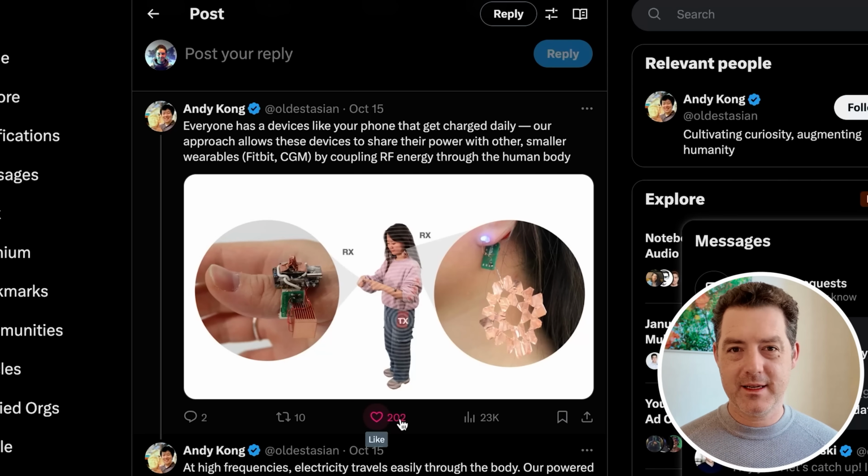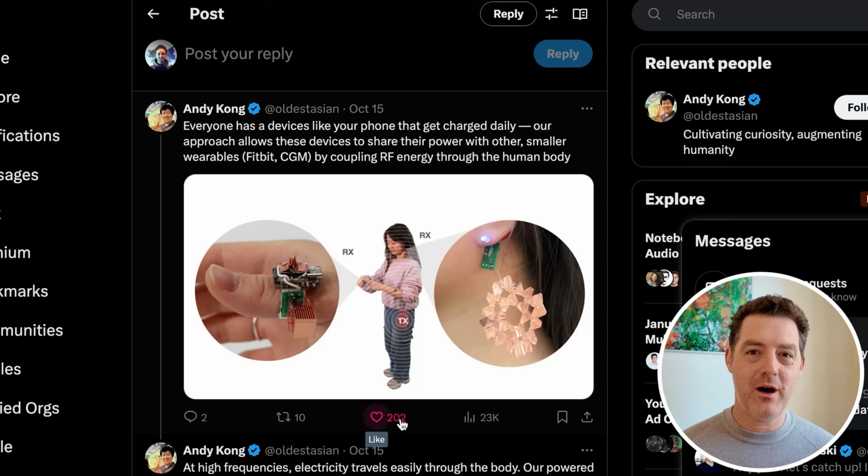So basically it's kind of like a battery or an energy source for a device that you can attach to your skin in some way, whether it's a ring, an earring, or something like that, that has enough energy that can power small, very efficient devices. Now, obviously it's not going to be able to power your phone, but earbuds, that's a cool use case because I actually think earbuds are one of the better form factors for artificial intelligence. And if you didn't have to worry about battery, if you could just put it in your ear and it just worked all the time and no battery was required, the second you put it in your ear, it's powered,